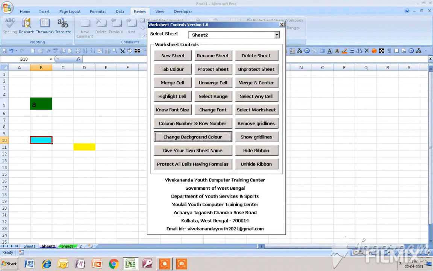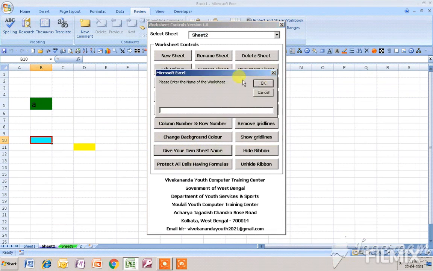By this process you can change the background color of any active cell. Okay, now I will show you how you can give your own worksheet name. Before I have shown you how you can insert a new worksheet, but now I will show you how you can give your own worksheet name. To give my own worksheet name, I have to click on this button.